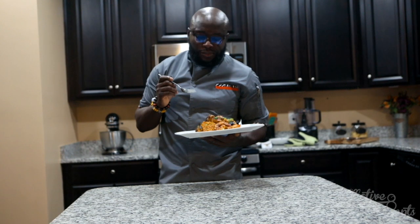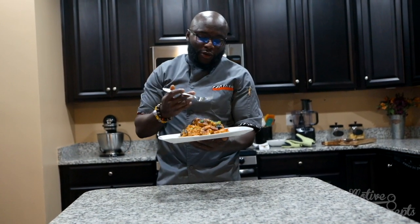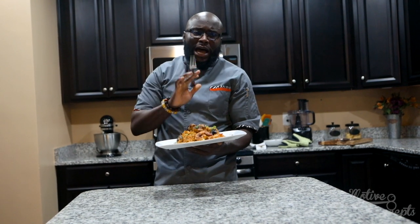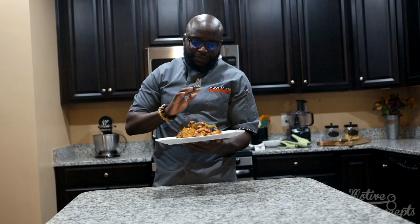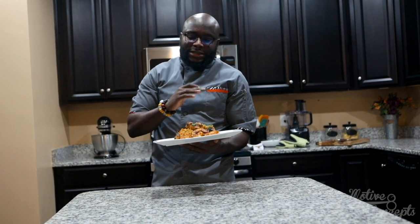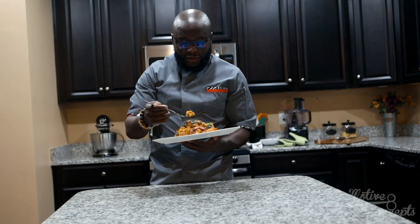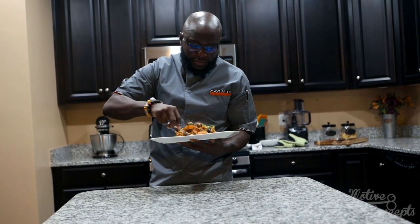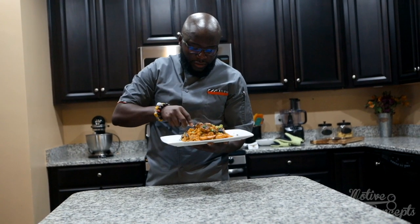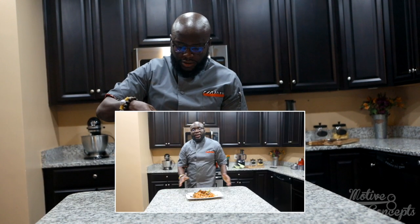Oh my God. To my West Africans out there, you have another way to cook jollof. I know this is out of the norm to what we do, but this is our jollof mixed in with the Italian process, the risotto. So today's dish, a Jollof-Risotto seafood combo. A little bit of shrimp, a little bit of tuna. Today's dish was